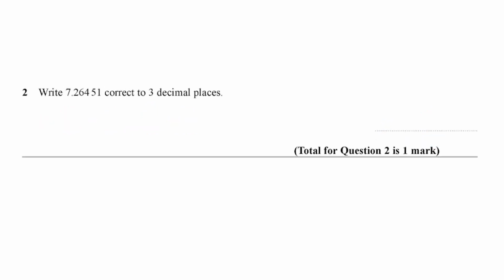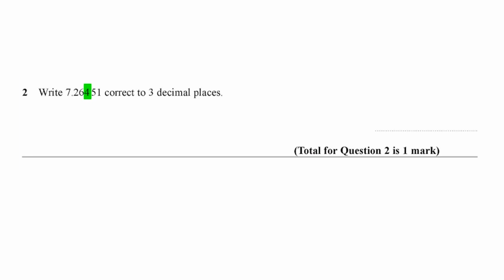Question number 2, write 7.26451 correct to 3 decimal places. So 3 decimal places, we are concerned with that third digit after the decimal point, the 4 in other words. And we are asking ourselves, is this closer to 7.264 or would we have to round it up to 7.265? Okay, so that third decimal point, does it stay as it is or do we round it up to the